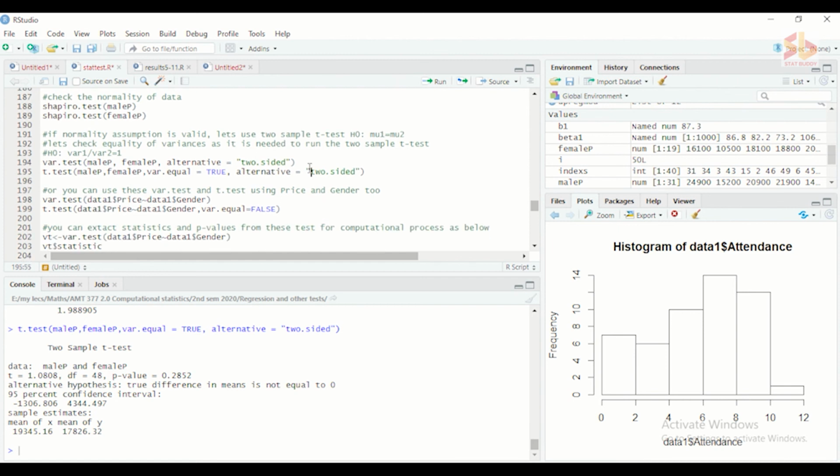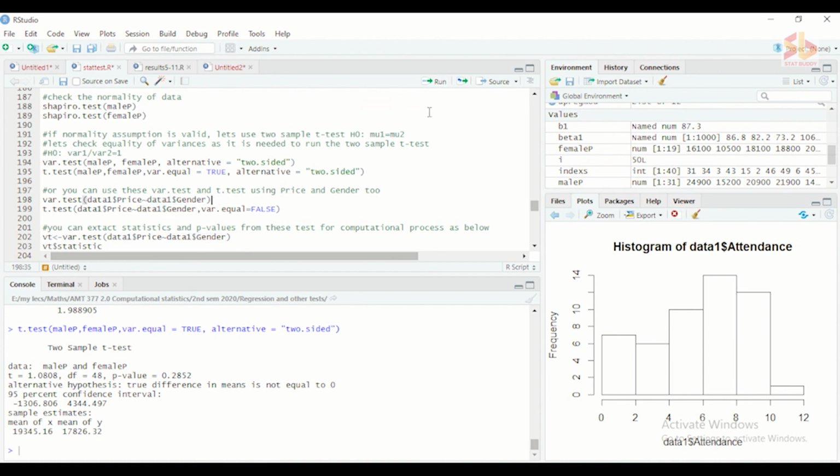So in this step we split the price according to the gender, but we can do the variance test without splitting the data set. If we are using the actual data, you can give the quantitative variable and the qualitative variable after the tilde.